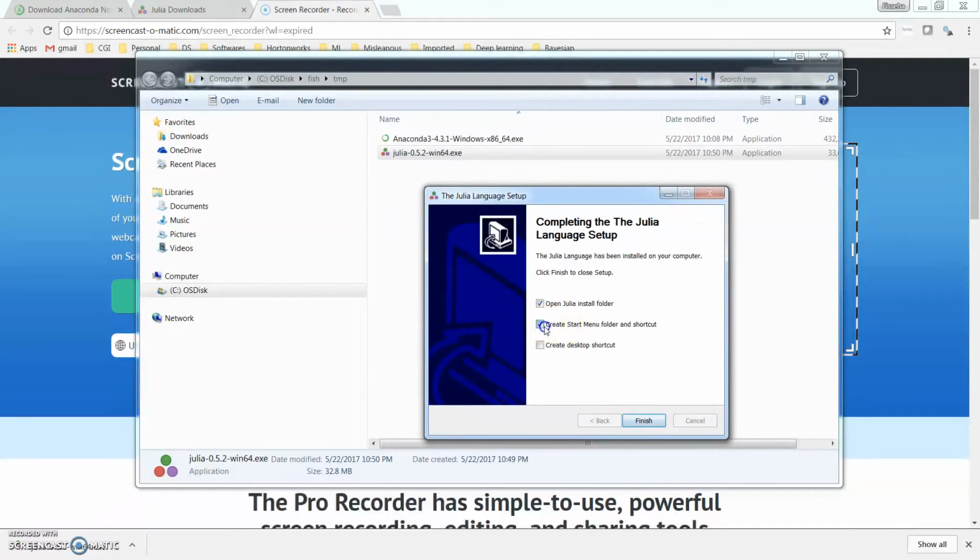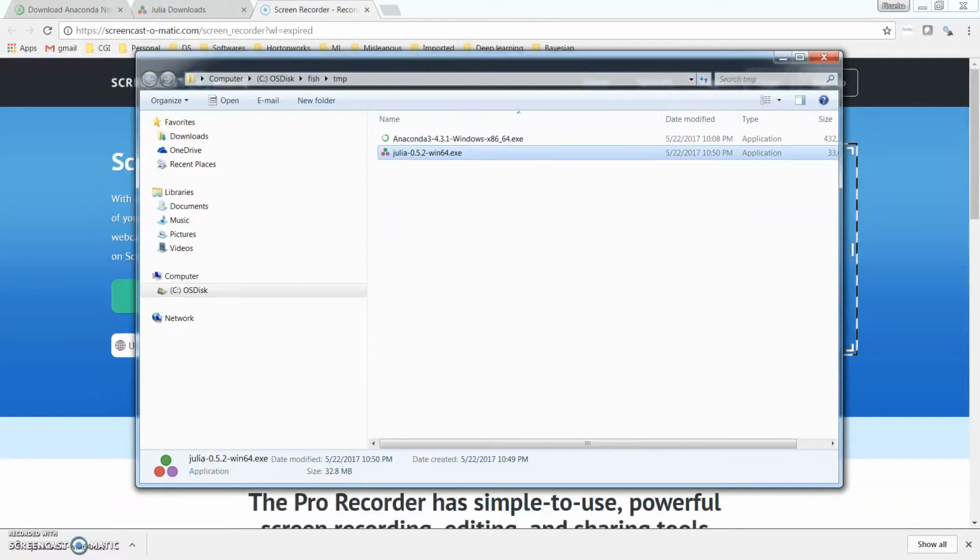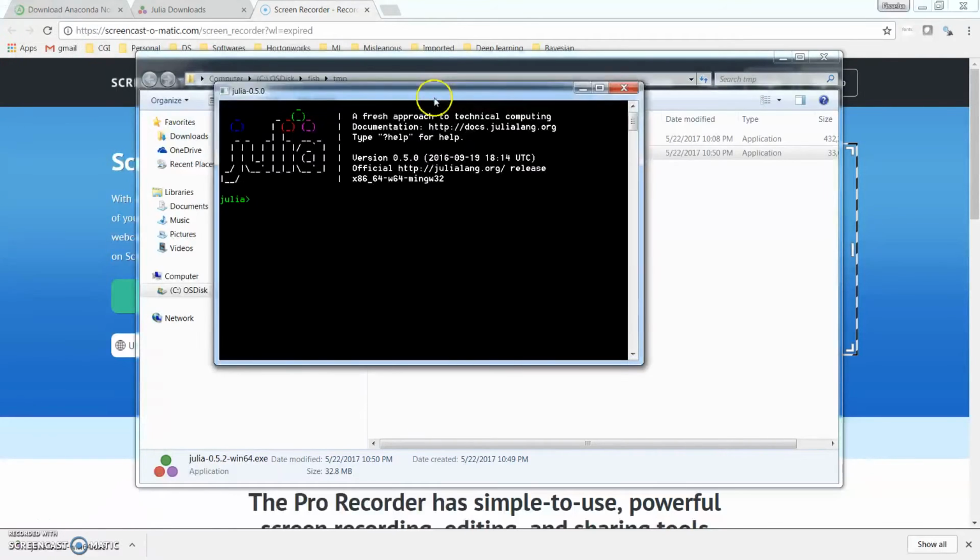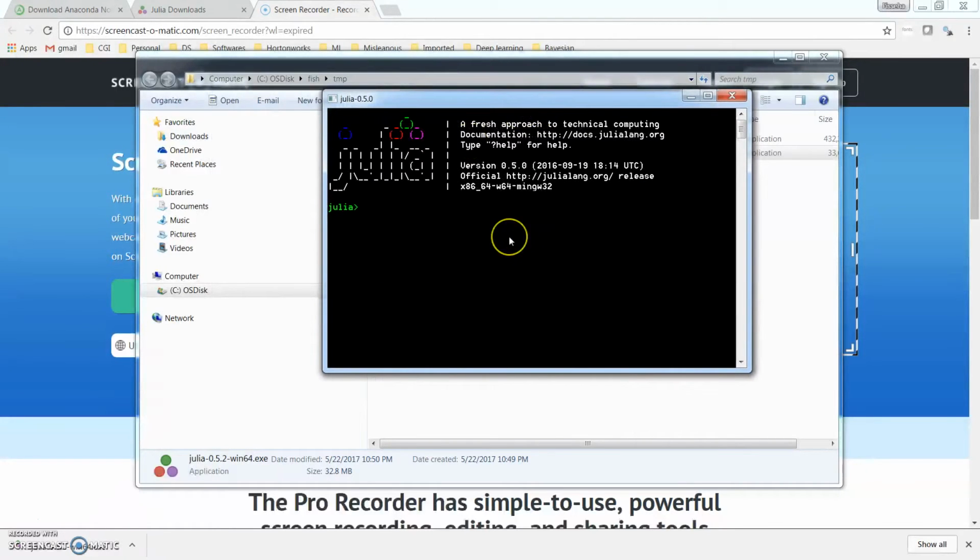Okay, it doesn't take much time. So we have installed Julia, and let's open the command prompt for Julia. Is it here in my installation? Julia. Okay, so I have it here.